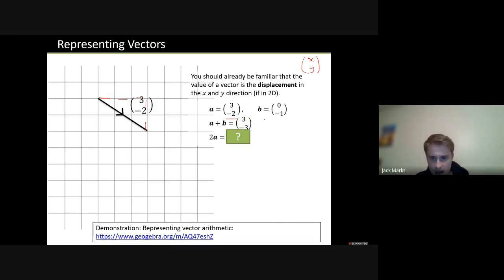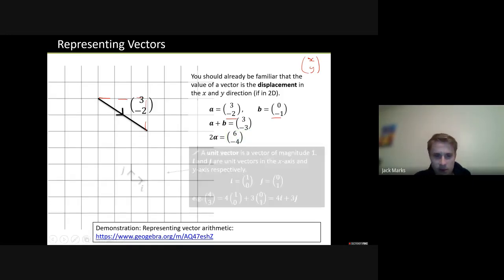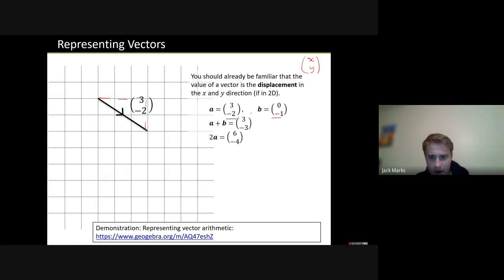We could perform operations such as addition and multiplication numerically. However, we could also do this diagrammatically. For example, if this here is A, and B is 0, minus 1, B could be drawn on as well. And the resulting